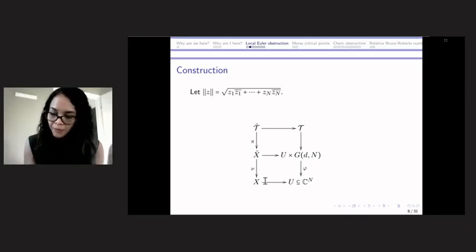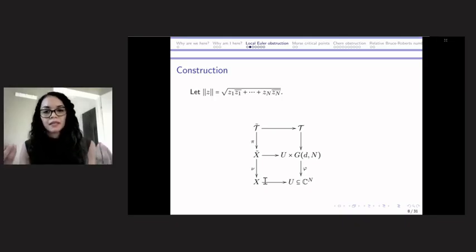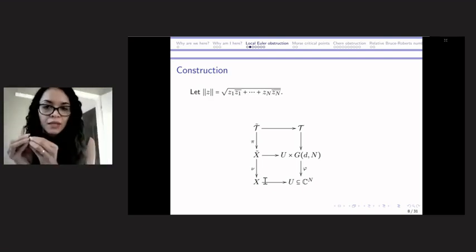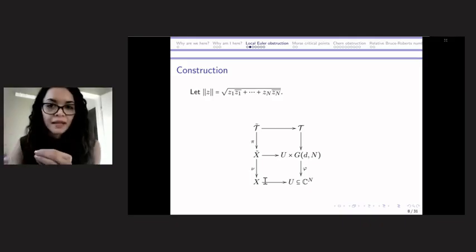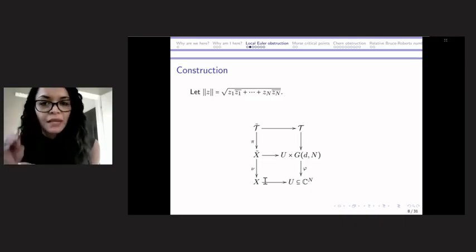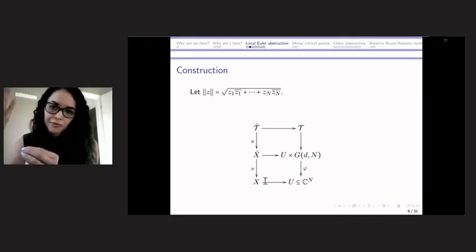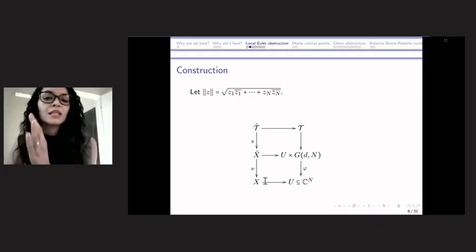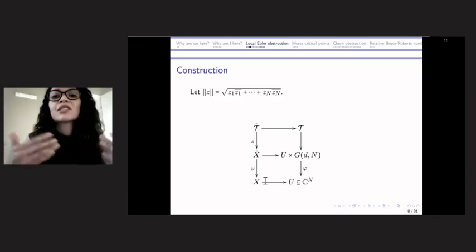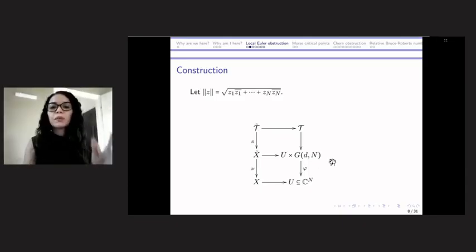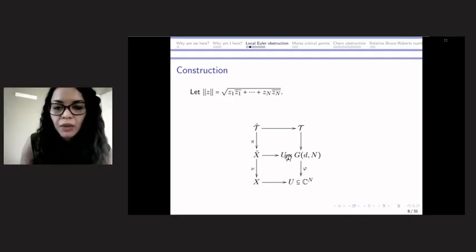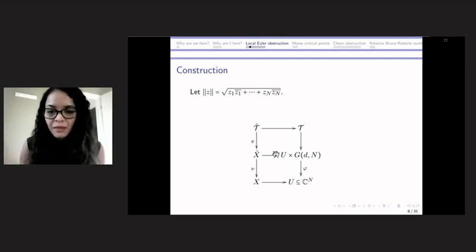And if the point is a singular point, we consider a sequence of regular points converging to that point. The sequence of regular points defines a sequence of tangent spaces, right? Because to each element of the sequence we can compute the tangent space. So this gives us a sequence of tangent spaces that converges to an element in this Grassmannian. So we put the singular point and the limits of tangent spaces. So here in the Nash modification, what we have is pairs like this, all right?